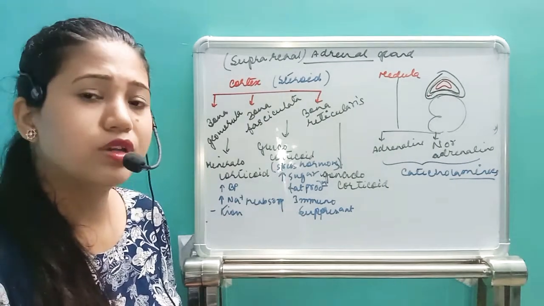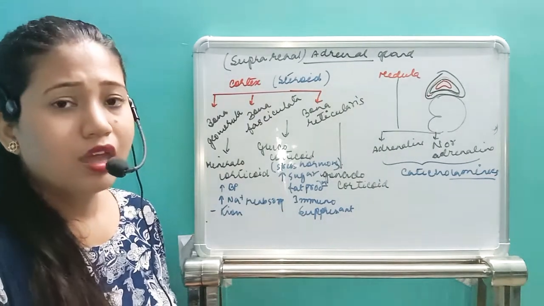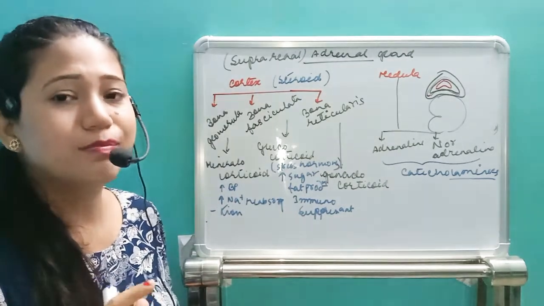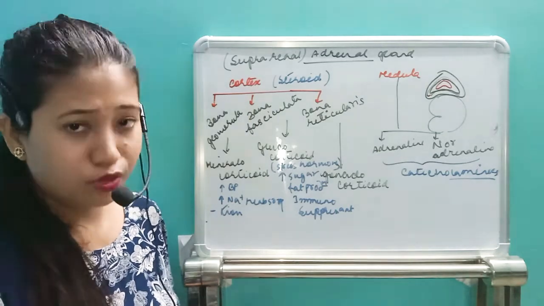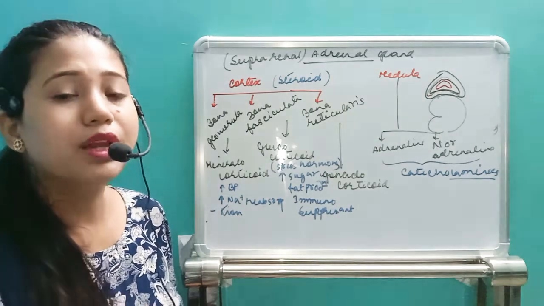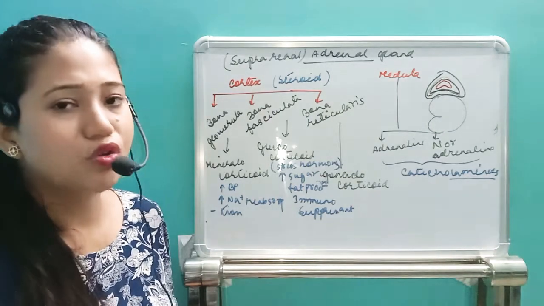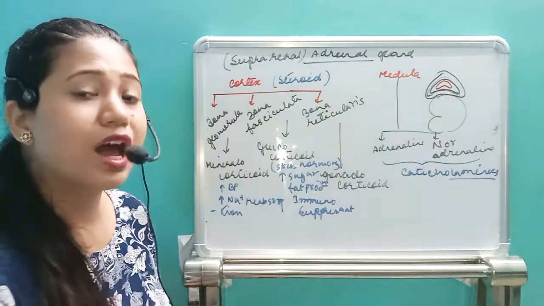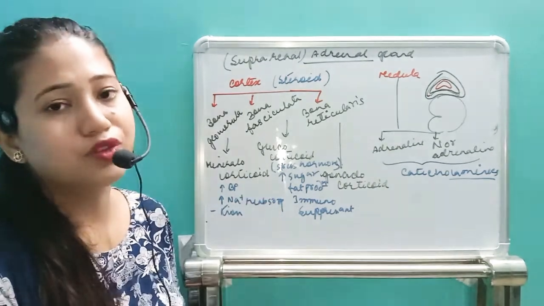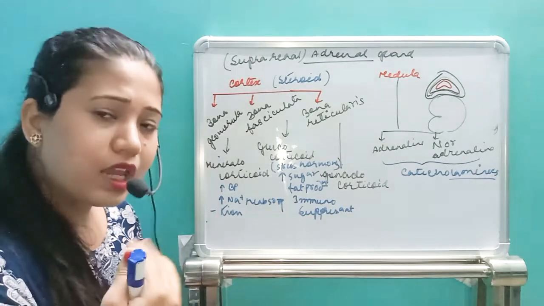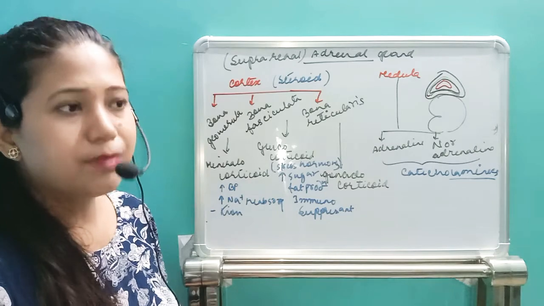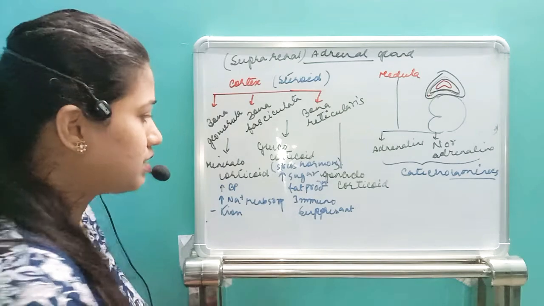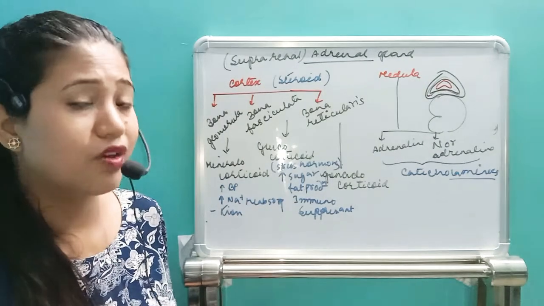Next one, glucocorticoid. It's a very important hormone. It's very much important for our body. Now, it's also called a bad hormone, or we can say the stress hormone. It's a stress hormone because glucocorticoid is related to glucose homeostasis. It's important, but suppose we are in stress, then our body starts to release an excessive amount of glucocorticoid. Suppose we are in anxiety or stress, then our body requires more glucose. So it will increase the blood sugar level whenever we are in a stress condition.